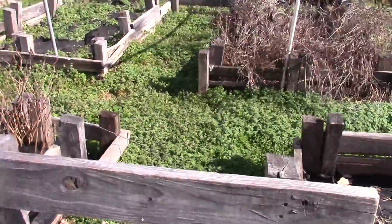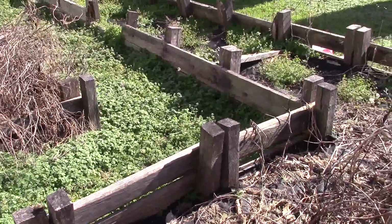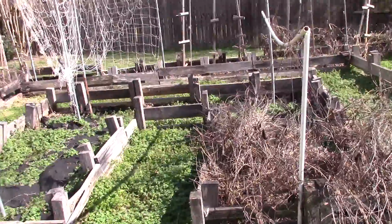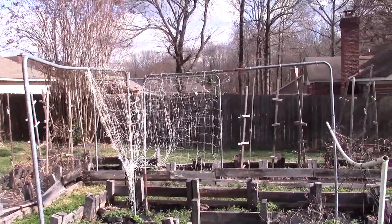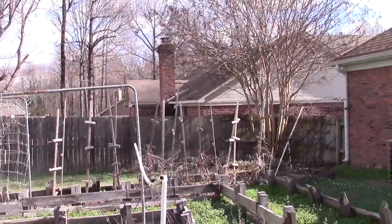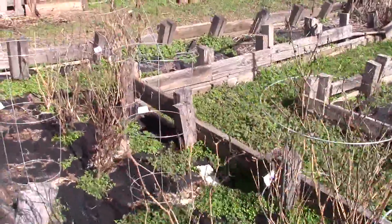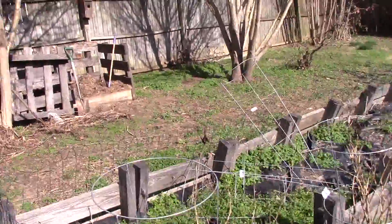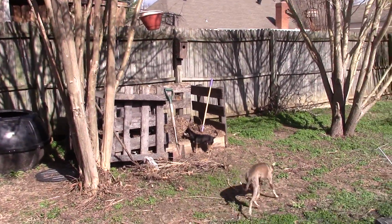And then you see the walkway, which is just weeds right now. And then the middle C. And these are the trampoline poles I was telling you about that we net and use for trellising. There's some cages we haven't taken down from the peppers. We really enjoy. Here we have the compost pile I was telling you about, where we just stack the...